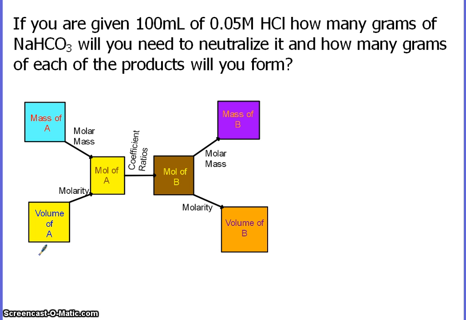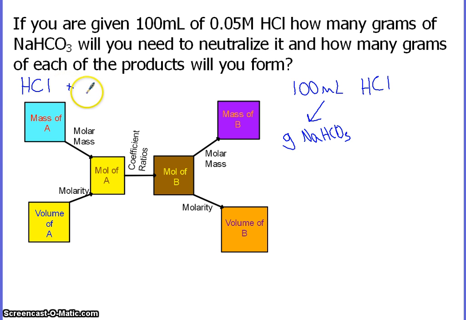So in this one, we're starting with 100 milliliters of HCl, and we need to go a couple different places. We need to go to grams of NaHCO3 that are needed, and then also the grams of each of the products. But we don't have even a reaction yet. So the first thing to be able to do a stoichiometry problem is you need to get a reaction going. So we've got HCl plus